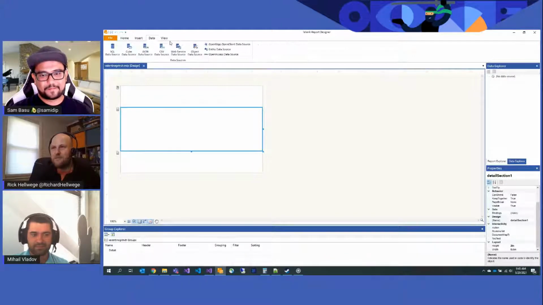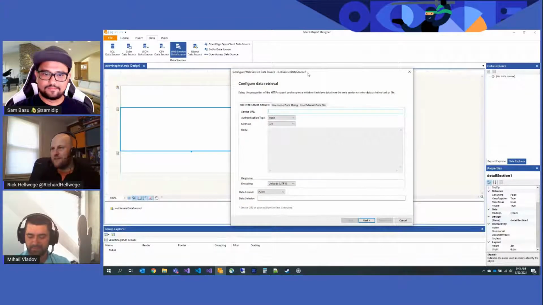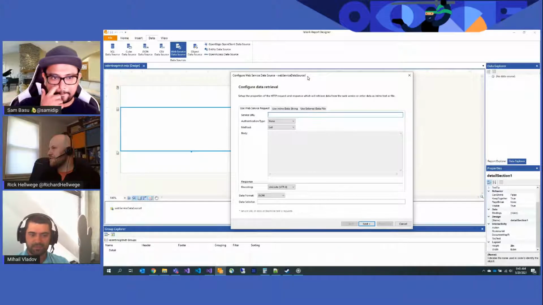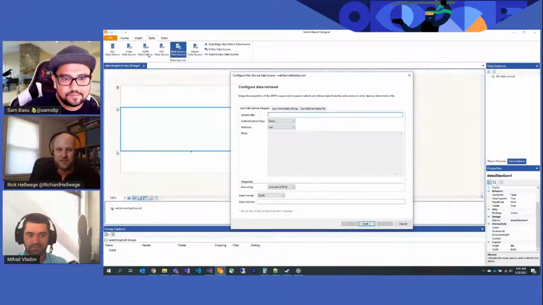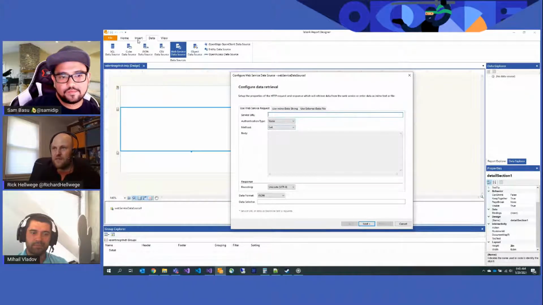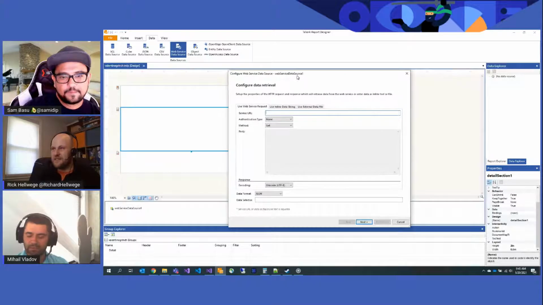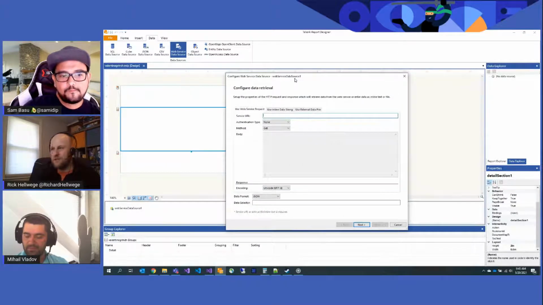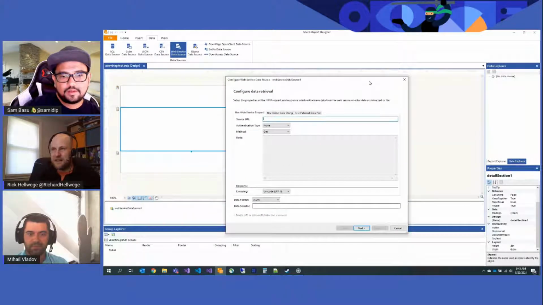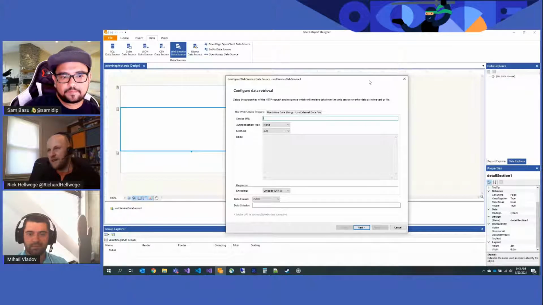Yeah. So what we're going to do is use a web service data source, which is going to be connecting over the internet to your JSON server. If you just wanted to copy in the explicit JSON, you could use a JSON data source and copy paste the JSON directly in. That's good for testing and where you want to operate in offline mode, or build a report around static data first before you connect it up to your live data source. But we do things live here.